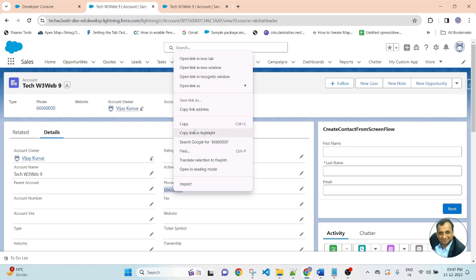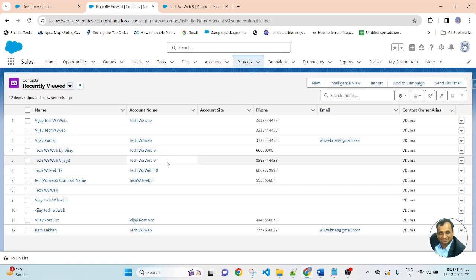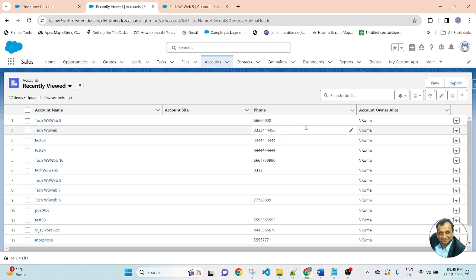Copy the phone number. I will create a new contact with the same phone number. Now go to the contact. I copied the phone number from the account TechW3 Wave 9. I will select this account for the newly created contact.